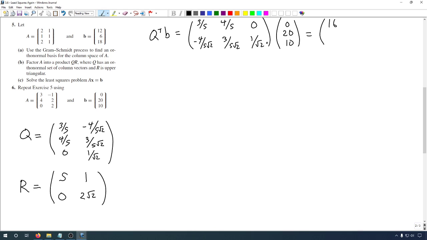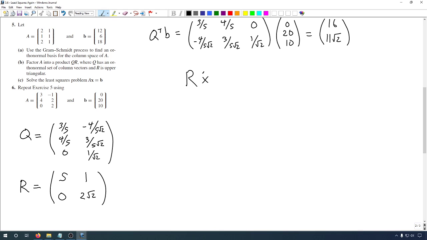So if we take 22 and we divide it by a square root of 2, let's rationalize that. We can basically turn 2 over square root 2 into just a square root 2. So we ultimately get 11 square root 2 as our solution. Or not our solution, our this entry. And what's that saying? Well, we have